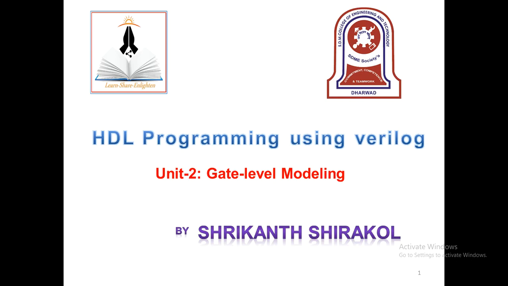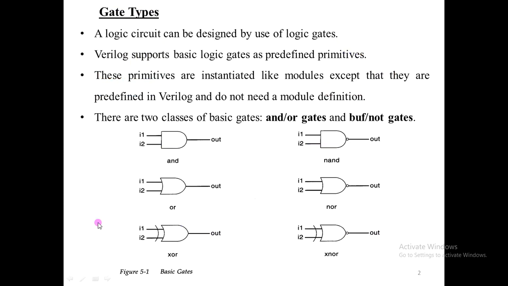We are starting a new style of Verilog modeling, that is gate level modeling. In previous sessions, we understood data flow modeling, and there are three styles of modeling. The second type is gate level modeling, which we also call the structural style of modeling. The other one is behavioral style of modeling, which we'll be studying in the next unit, unit 3. How the term is coined for the structural style or gate level modeling is what we need to understand first.